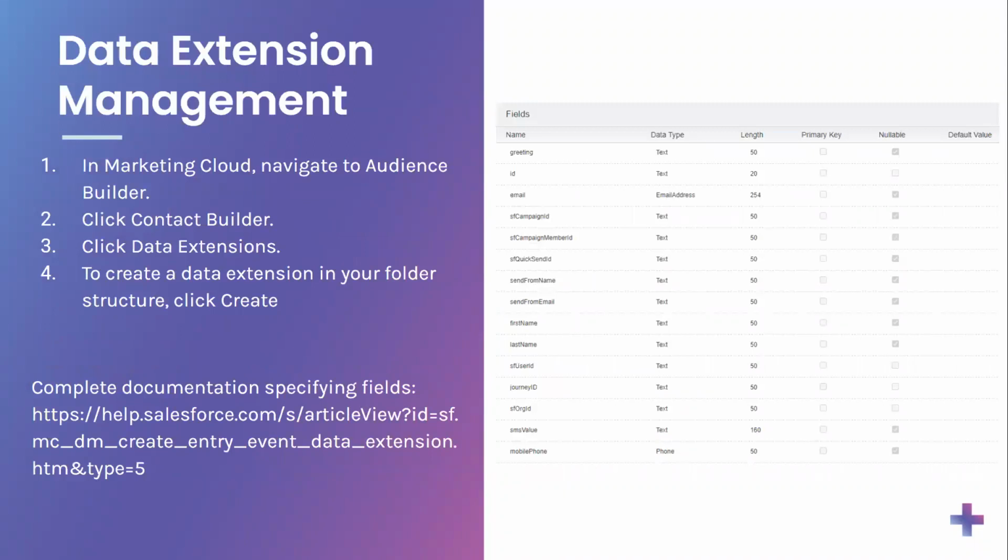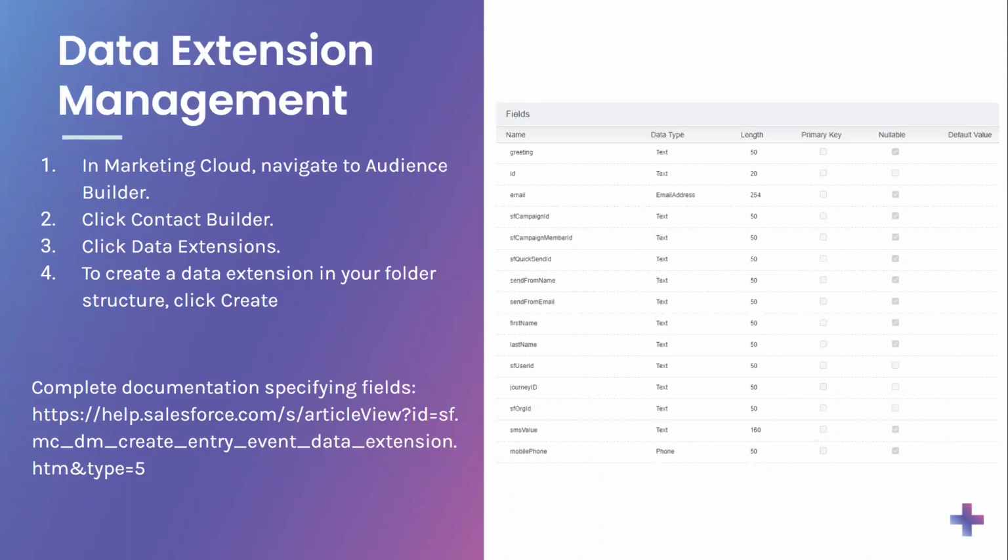There is a very specific data extension template that should be followed. All the fields are specified within the documentation. A link is actually here on the slide. You'll just navigate to Marketing Cloud, click Contact Builder, click Data Extensions, and create the data extension in your desired